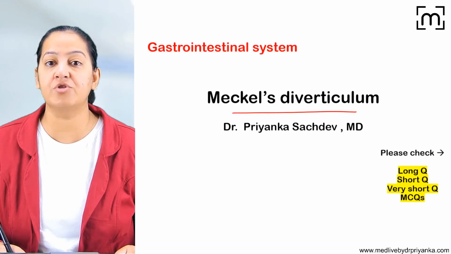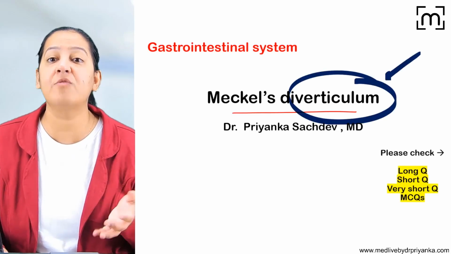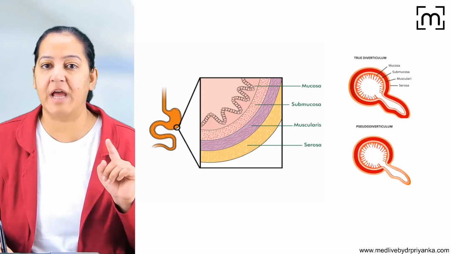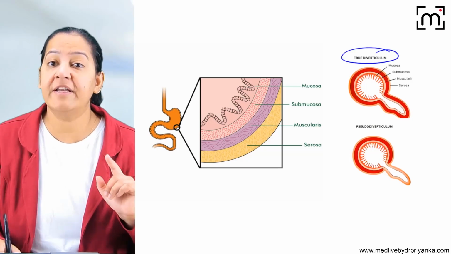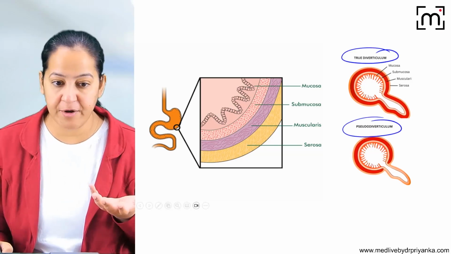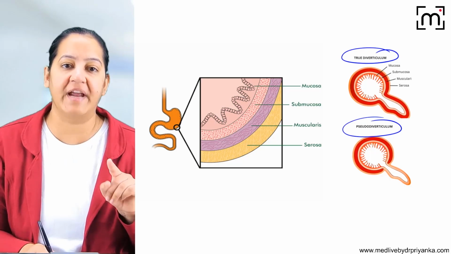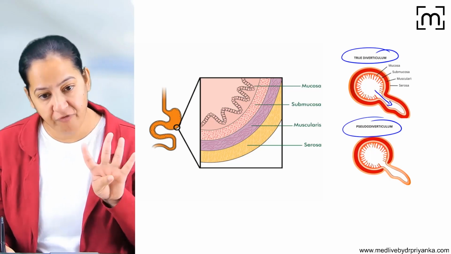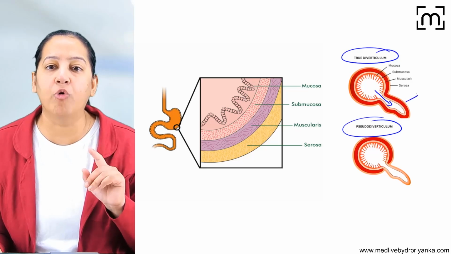Now, before understanding Meckel's diverticulum, you must understand what is diverticulum. There are 2 types of diverticulum: true diverticulum and pseudo diverticulum. What do you mean by true diverticulum? As I told you, the GIT has 4 layers. If all 4 layers are protruding out and producing an outpouching,